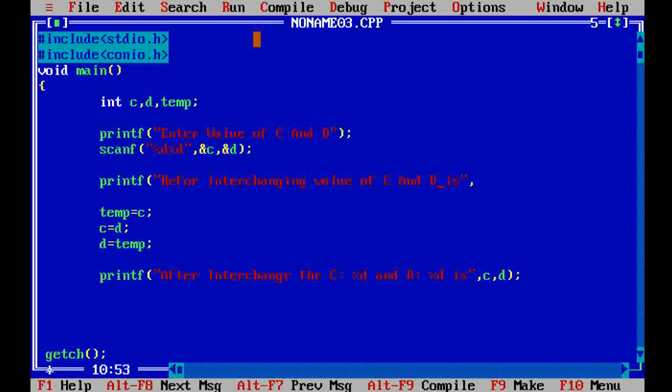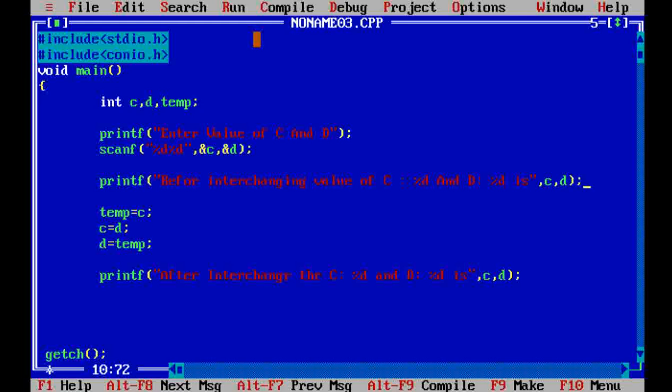Now, what type of variable is C, and what type of value is it? So we write here percent d. D is also %d type of variable, so we write here %d, and this %d value is in C variable and this %d value is in D variable.